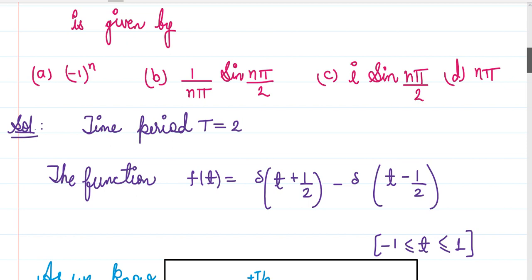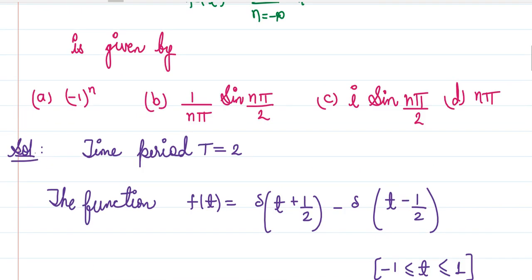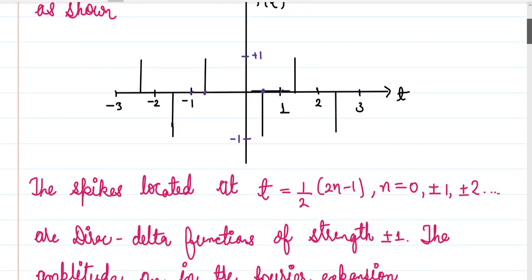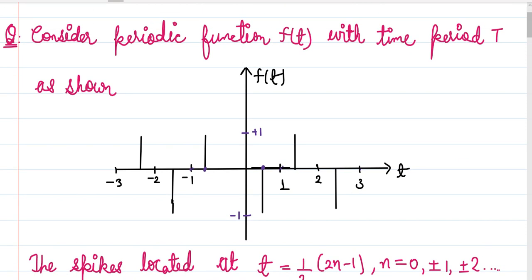As I told you, the time period is going to be T equals 2. Now, the main important thing here is how can we represent this graph in an equation? हम इसको equation की form में कैसे represent कर सकते हैं? Whenever we have a Dirac delta function of some strength, we denote it by the position of the spike. So here the spike is at minus 1 by 2 and here the spike is at plus 1 by 2, and these are of strength 1. So we are going to represent one as t plus half and the other as t minus half. T plus half, that is t minus minus half, has plus 1 strength, and t minus half has minus 1 strength.